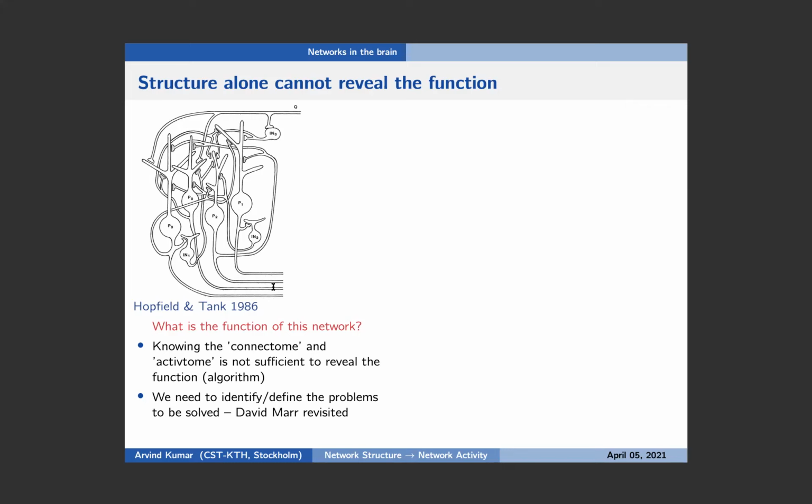We don't really have any principled approach by which we can scale the notion that if we can derive the function for a small network, we can also do it for a larger network. There's no such approach. The only thing we have is perhaps the framework suggested by David Marr, the 3 levels of problem, algorithm, and implementation. But really, we have almost nothing to support the idea that if I know the connectome, I can talk about the function.